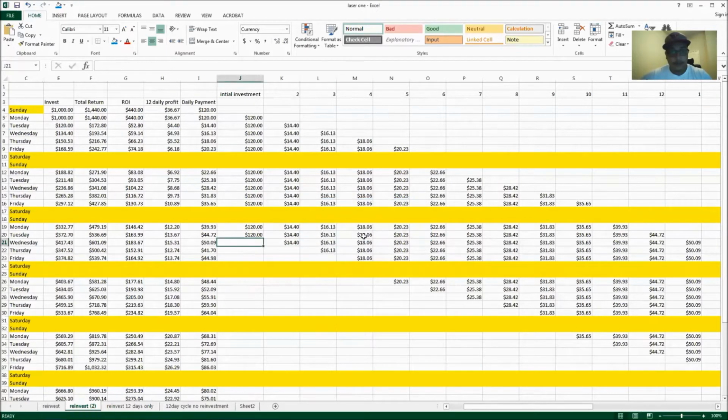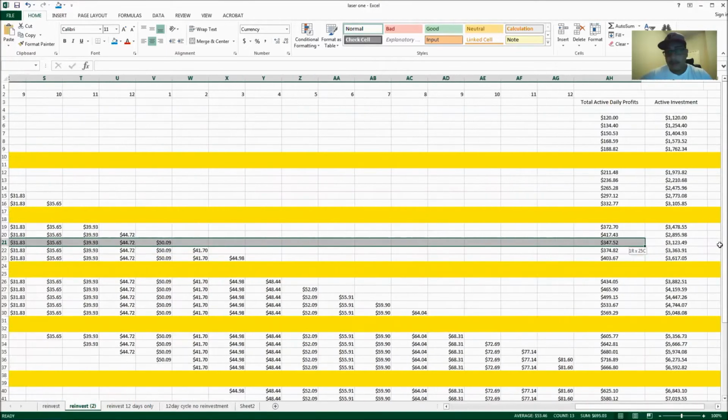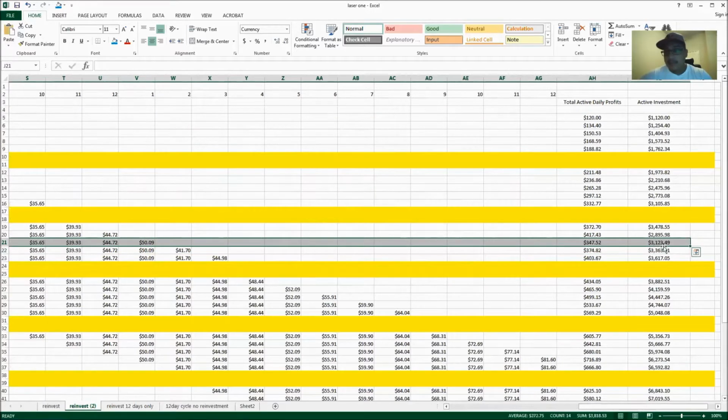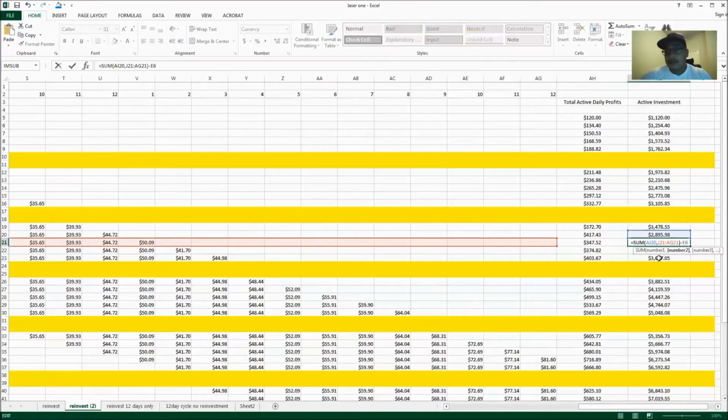So if you go here, your active investment goes up. It would have been $4,122.49, but your first initial investment expires, so it subtracts $1,000. So it goes down. If you see my formula, it says all these sales right here, you add them up